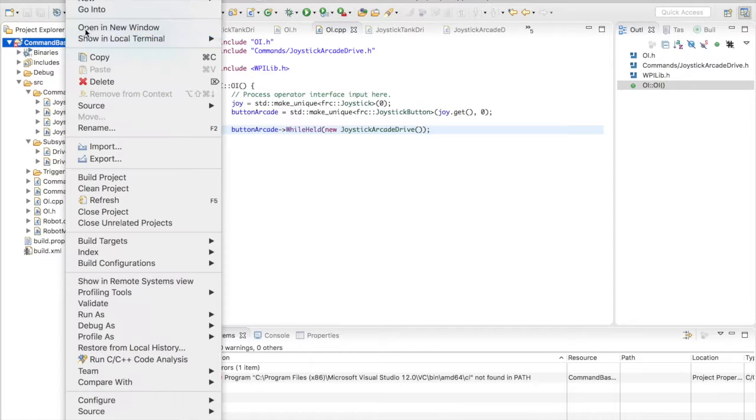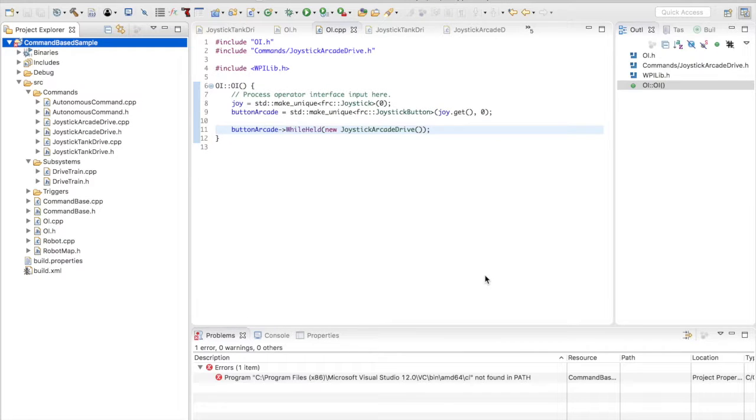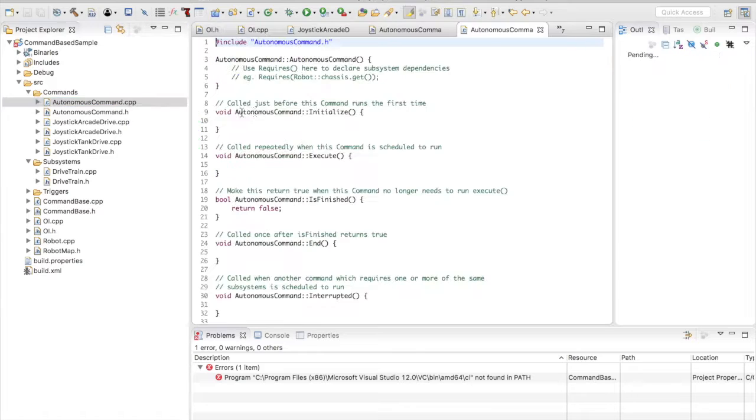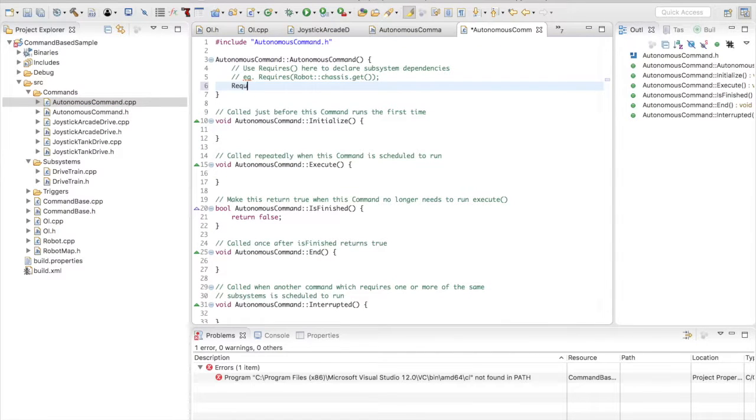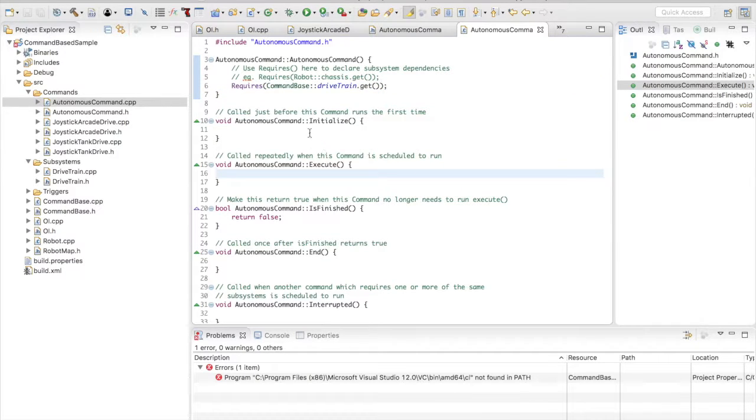So we're going to make one last command, and we're going to call it our autonomous command. And this command is going to also require that drivetrain. And what this is going to do is it's going to essentially turn on that light. So all it's going to do in execute is say